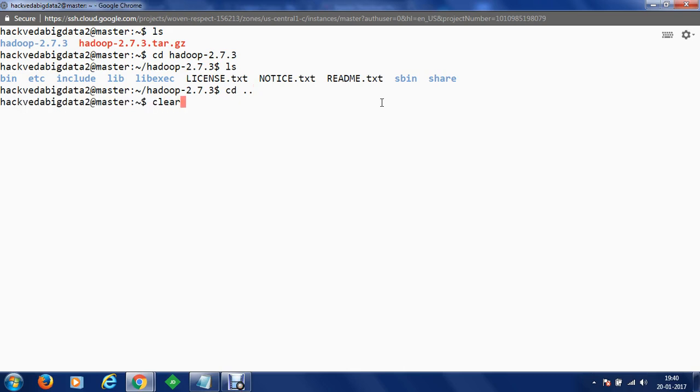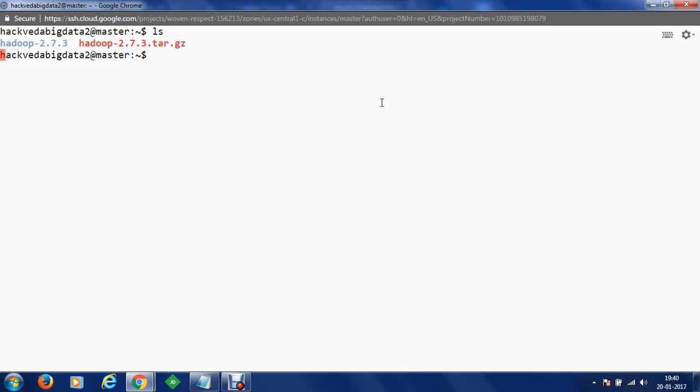Let me clear the space. So at the moment we are in the root directory wherein we have the Hadoop directory. In order to proceed with the installation, I would like to create a new directory in my local for my current user, and I'm going to copy the contents of Hadoop 2.7.3 into that directory. So let's get started. I'm going to make a directory with super user privileges, mkdir. Within root we have a user directory, therein we have a local directory. Within this we are going to create a new directory, Hadoop.